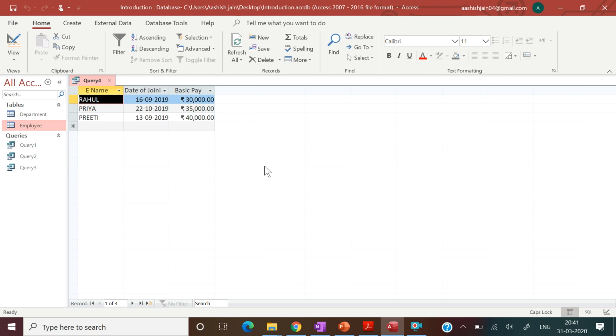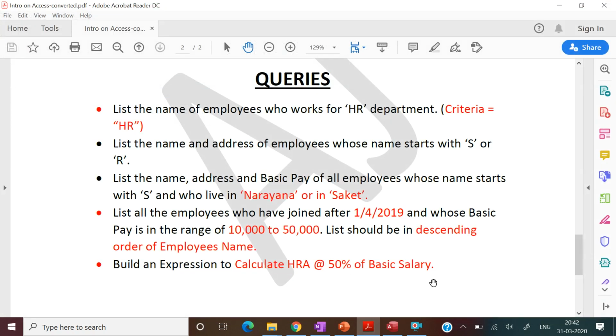Now press Ctrl plus S. This is our query 4. Press OK. Now read our last one. Build an expression to calculate HRA, which will be 50% of basic salary.